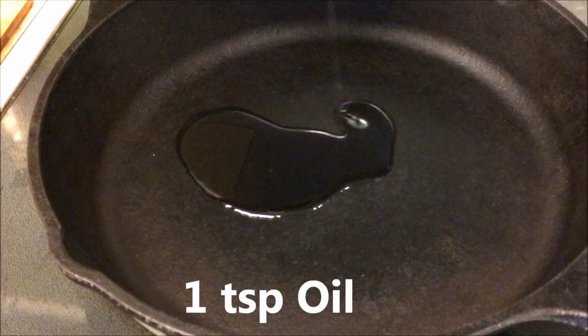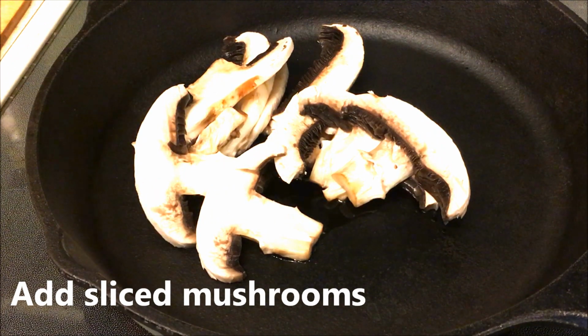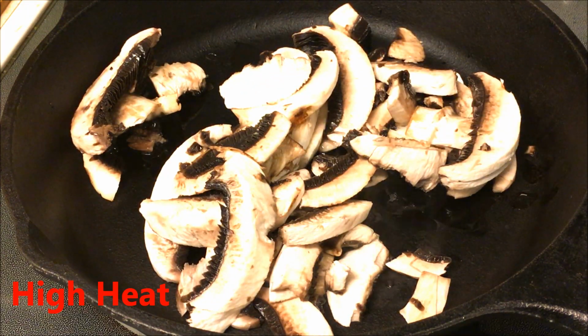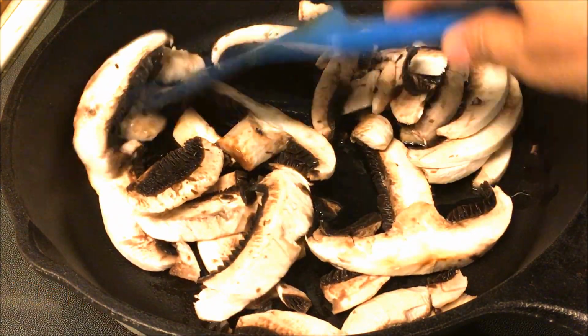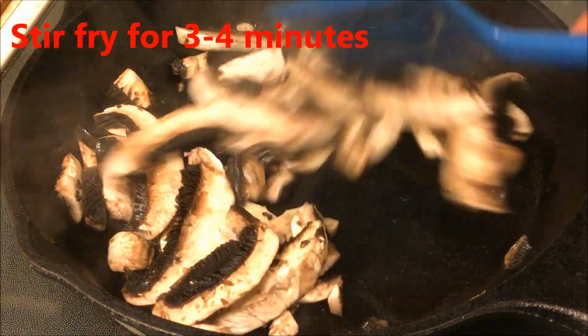So I've taken some oil. You can take any oil you like. Add sliced mushrooms, and I've taken portobello mushroom. You can take button mushrooms also. High heat. Stir it and stir fry for about 3 to 4 minutes,